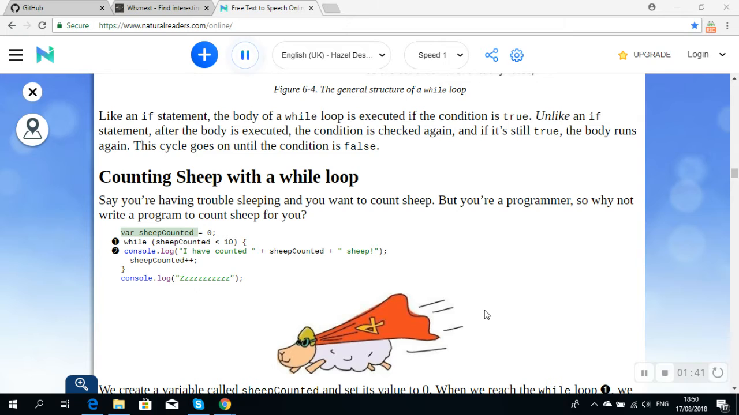Counting sheep with a while loop. Say you're having trouble sleeping and you want to count sheep. You're a programmer, so why not write a program to count sheep for you? var sheepCounted = 0; while (sheepCounted < 10) { console.log("I have counted " + sheepCounted + " sheep"); sheepCounted++; } console.log("zzz");